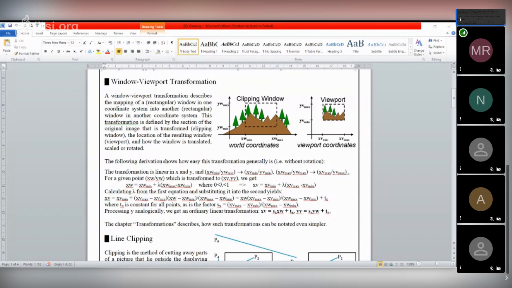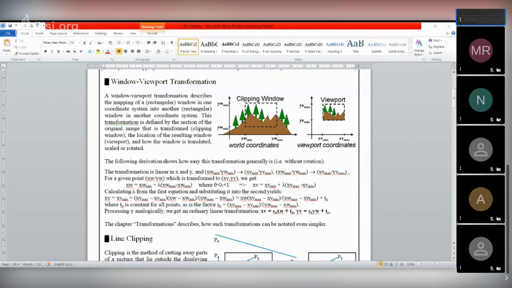How this scaling happens, we have already discussed, using our matrix. There are a lot of equations, but we have already done these things in our scaling class or transformation class.